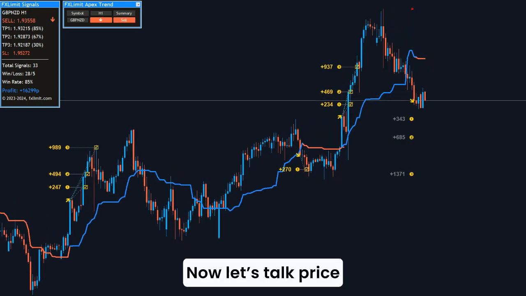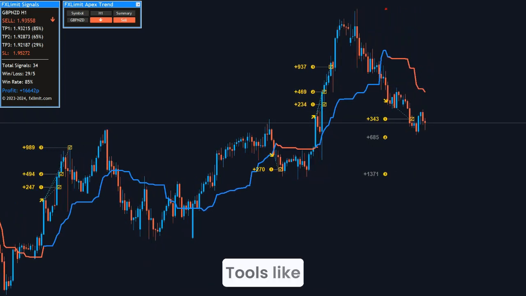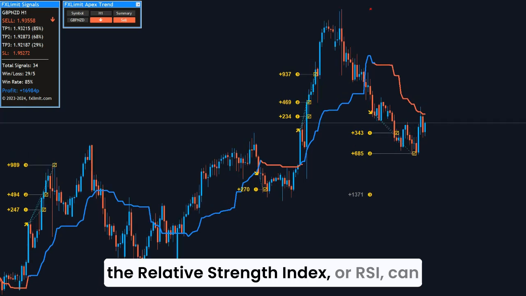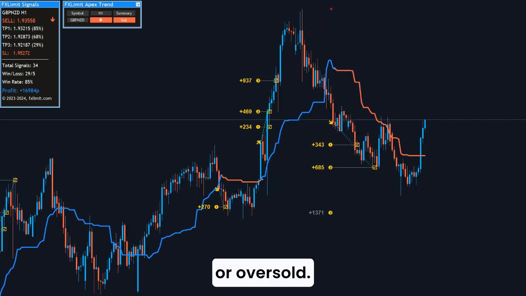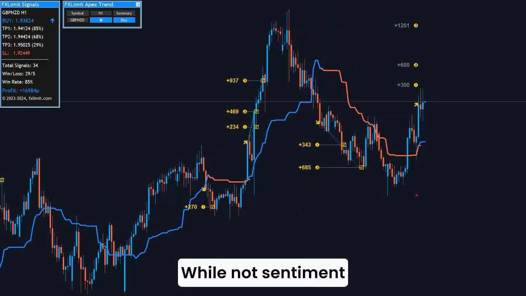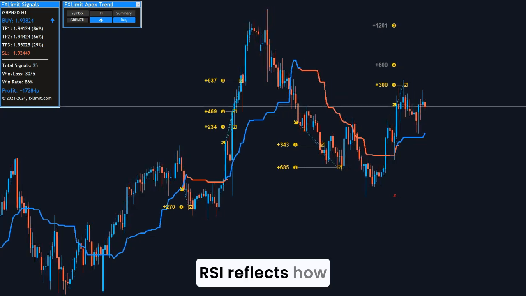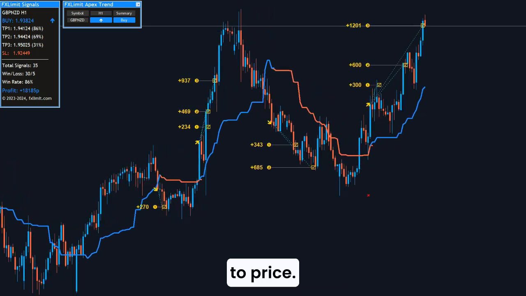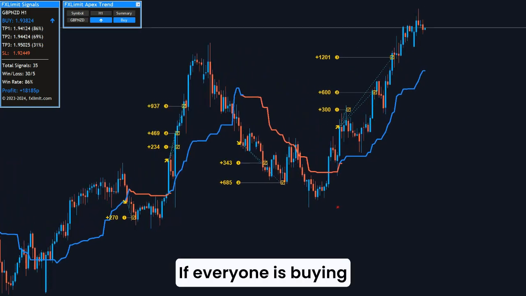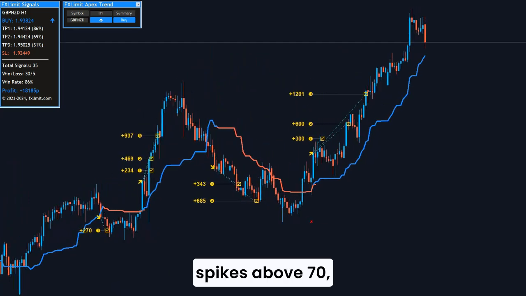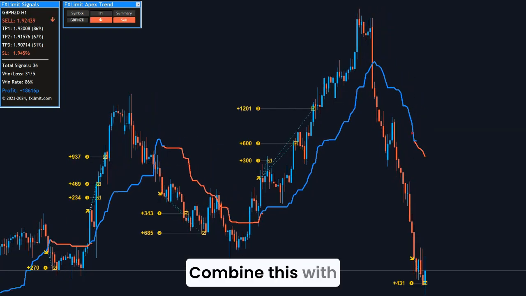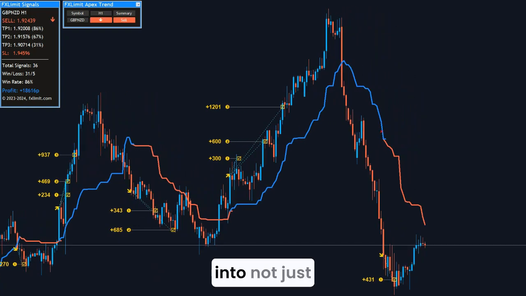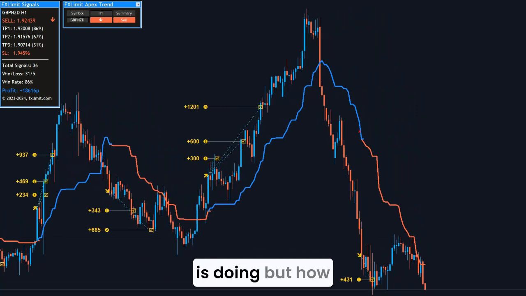Now, let's talk price action sentiment indicators. Tools like the Relative Strength Index, or RSI, can show when a currency pair is overbought or oversold. While not sentiment in the purest sense, RSI reflects how traders are reacting to price. If everyone is buying a pair and the RSI spikes above 70, you might be looking at a reversal zone. Combine this with volume, and you've got insight into not just what the market is doing, but how strongly it